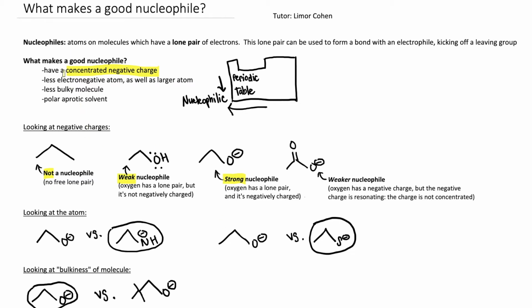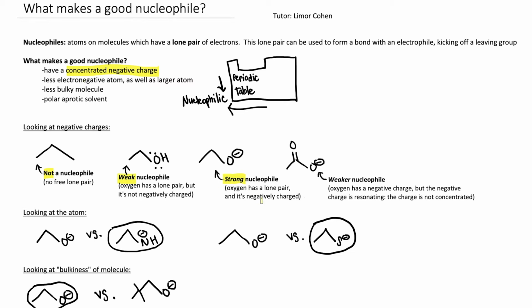The reason that a concentrated negative charge is important, meaning the negative charge is not delocalized by being caught up in resonance, is because if the lone pair of electrons is moving around in the molecule, they're going to be too busy to go out and form a bond with another atom. Remember, resonance makes a molecule more stable, and so if the nucleophile is resonating, it's not going to want to